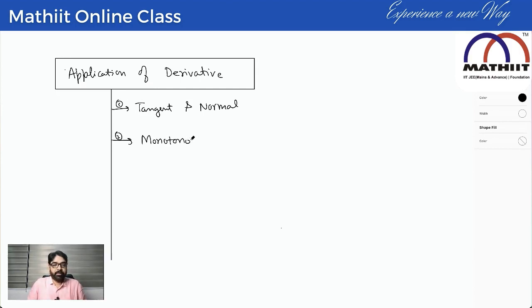We'll be talking about where a function is increasing and where it is decreasing. Those concepts we are going to discuss. Next, we will be talking about maxima and minima. In fact, monotonicity and maxima minima together form a single chapter, as I used to teach. And the fourth one will talk about the mean value theorem